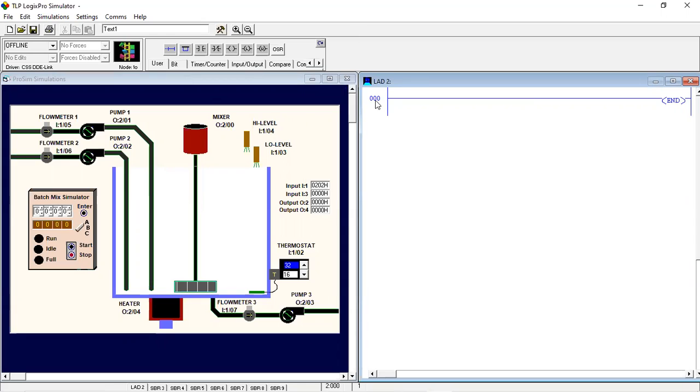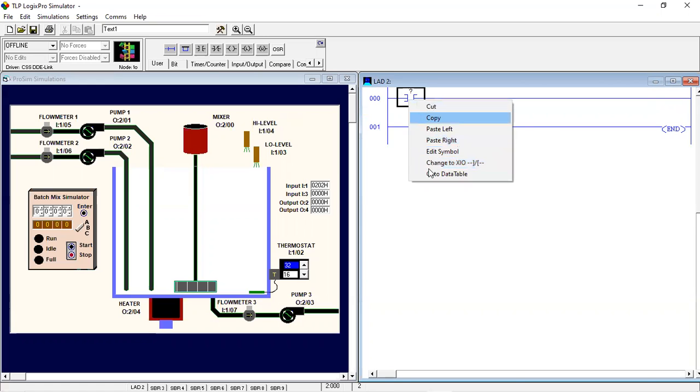Here we will make a logic which controls this system. We will take a simple program. In this program we have one input, and we are going to give the address.